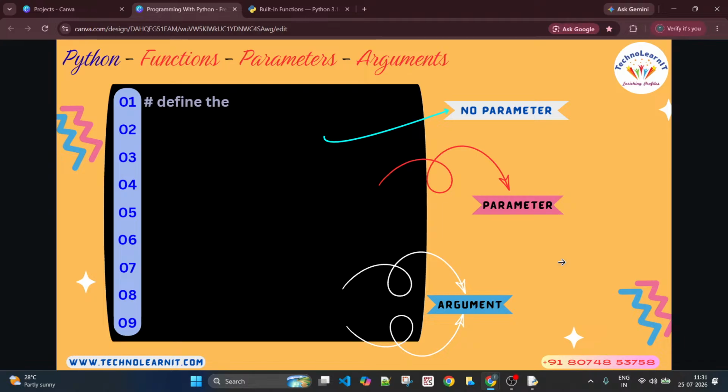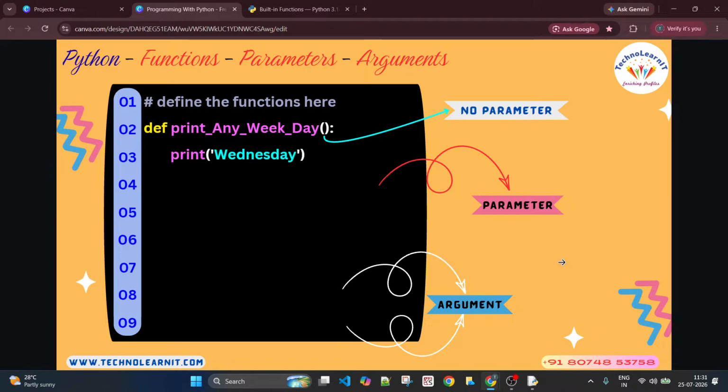All right. Now let us see what all these define actually. So you define the functions here. It's a comment, right? And you see print any weekday is the name of the function, and it just prints Wednesday. It has one statement, which is nothing but an output statement, print, and you just give the name of the weekday. And whenever you call print any weekday, what would be printed? It will be printing Wednesday always. Got it? And if you have another function like this, print given week is the name of the function, and it also takes an argument.